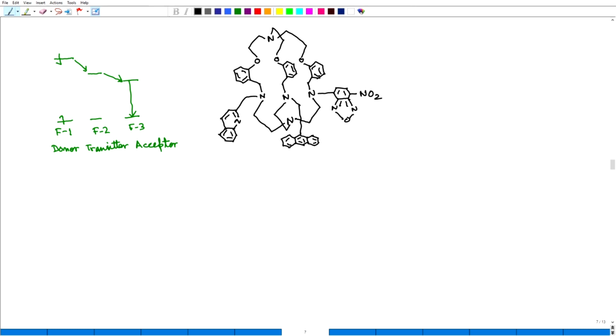So, it is a beautiful way of saying that. So, this one is transmitter, this one is donor, this one is acceptor. And this will take place when I have a metal ion here, because metal ion acts as a connector. Otherwise, if I excite it, there will be PET. So, in presence of say zinc or any metal, zinc, I excite this one, but I get emission from here, no emission from here or here,